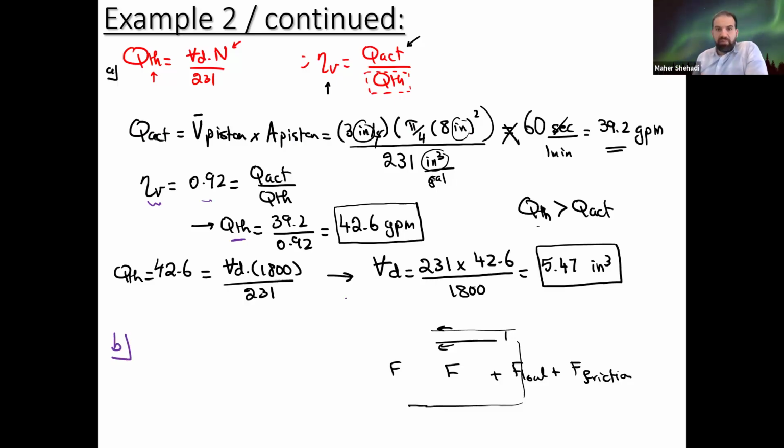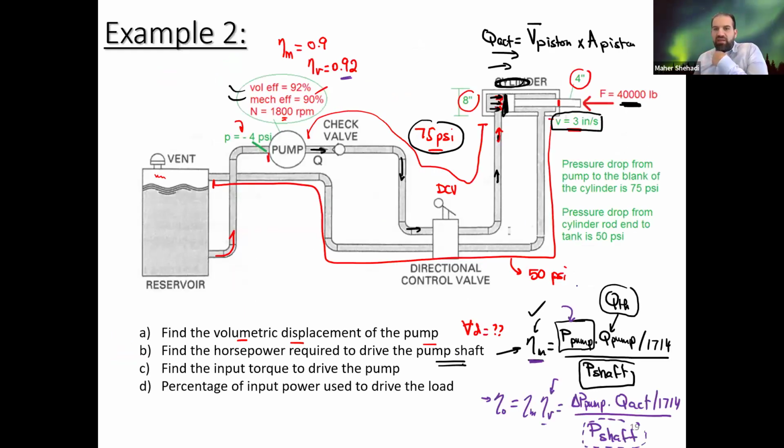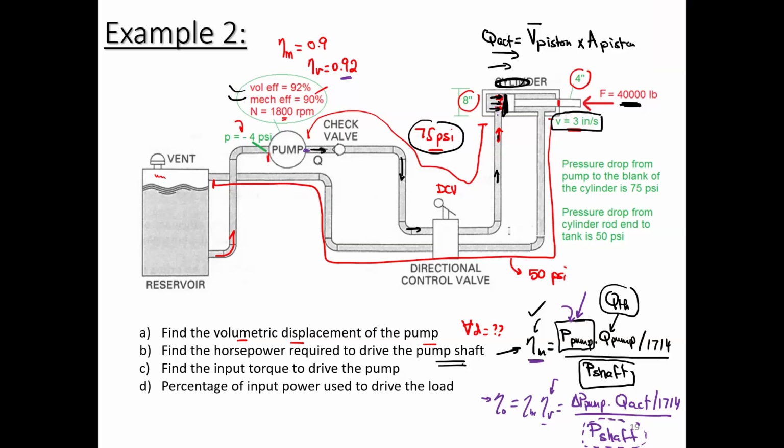So now the question, we have both efficiencies, the mechanical and the volumetric, so I can get the overall. If I need P shaft, then I will need the pressure needed by the pump. What is it equal to? If we look here, the pump needs to usually overcome the elevation, the static elevation, frictional losses, and push the load. The way we did it in chapter one, the last example, we calculated the pressure all the way from here to